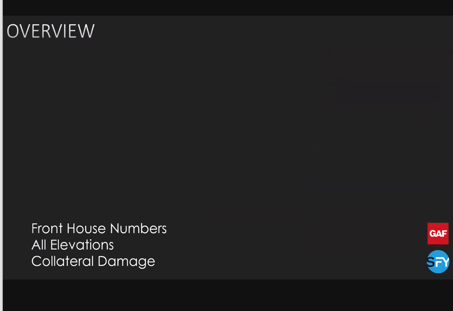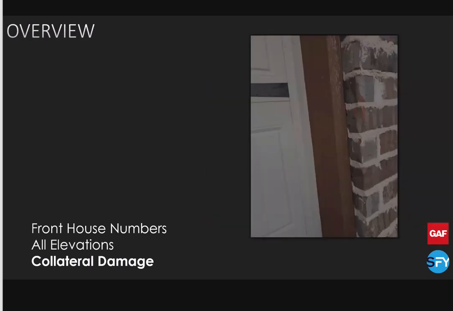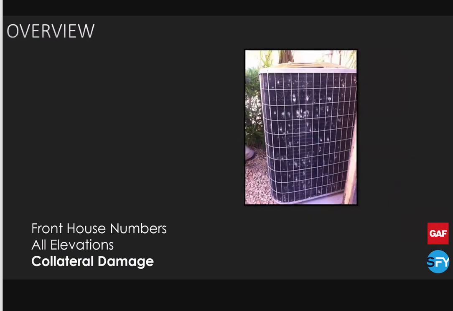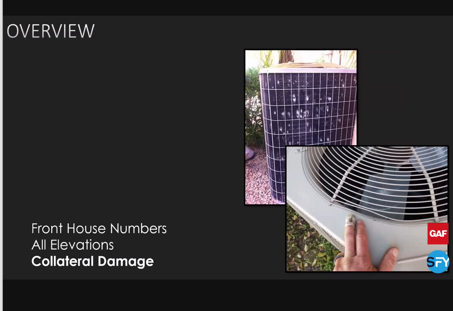Now, other pictures that get overlooked are going to be those of your collateral damage. Like here, we have photos showing damage to the brick. Next, we have damage to garage door trim, damage to your AC fins and the cage. And you may think, well, I'm just doing roof and gutters. Sure, okay. But having these pictures of the collateral damage is going to help prove the scope and the severity